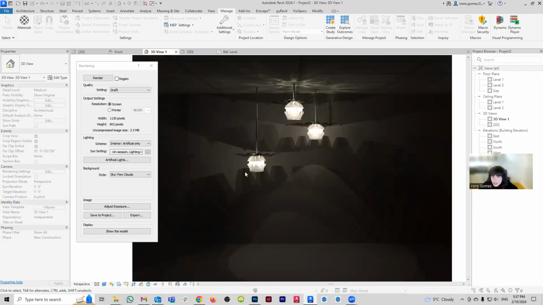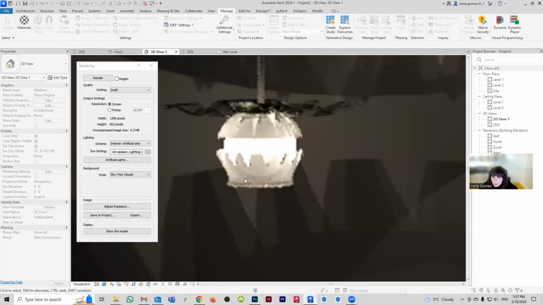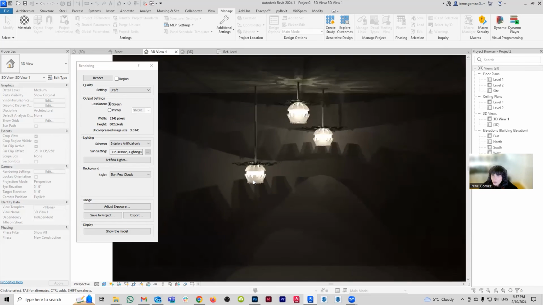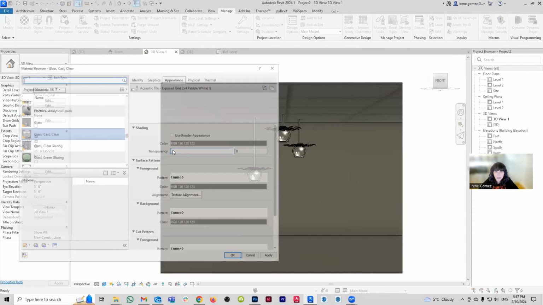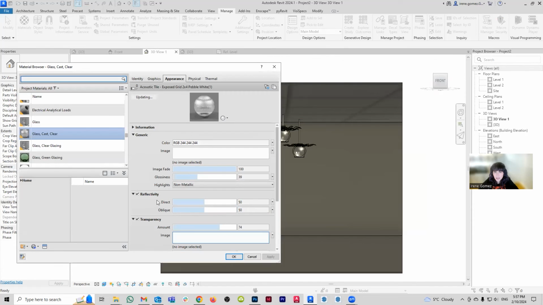Okay, yeah, so as you can see, it is picking up on the petal. It's just deciding not to do it here for some reason and then not to do it in some other areas. Again, materials in Revit are not my favorite thing to work with, because they have a very hard time understanding what they are supposed to do. And I do not know why.